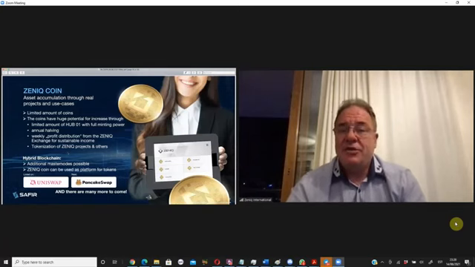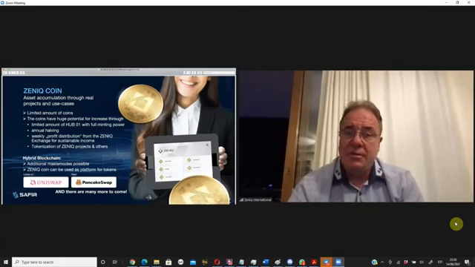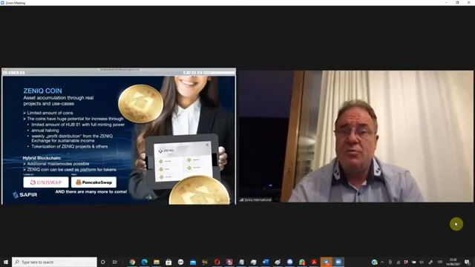It can go faster, it can go slower, but the estimation is around 20 years. The limitation of the amount of coins is 600 million coins that can totally be produced over the whole blockchain, which is not a big number if you start thinking about how many currencies are out there and what the total amount of these currencies is. So 600 million is quite a low amount of coins, which also brings a huge potential to bring a huge value to our Zeniq coins.